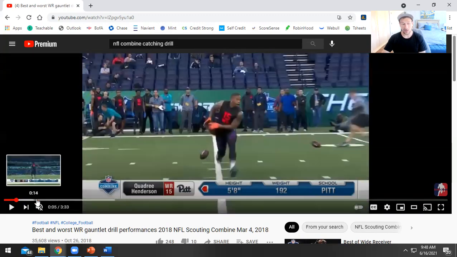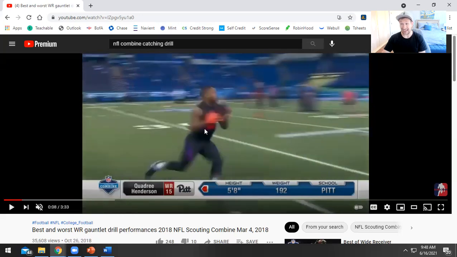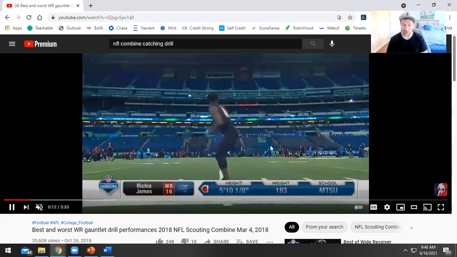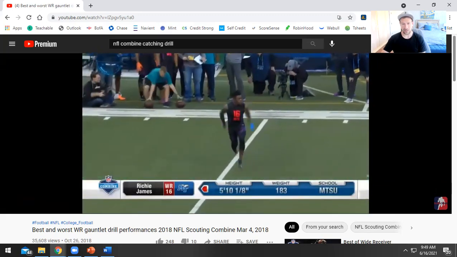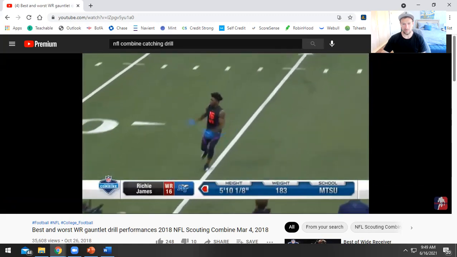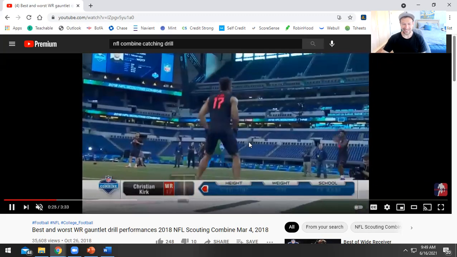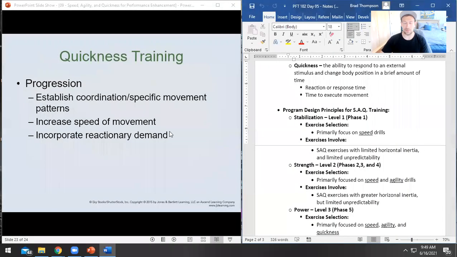Look at that. That was a bad throw, right? That one's the breadbasket. That one's low and behind him, right? So he had to respond to that. That's why that's a quickness drill. And then a little directional change there, so maybe a little agility at the end, right? And then sprint, catch. Oh, no, he missed. That's not what you want to see. So anyway, that's a good example of a quickness drill.